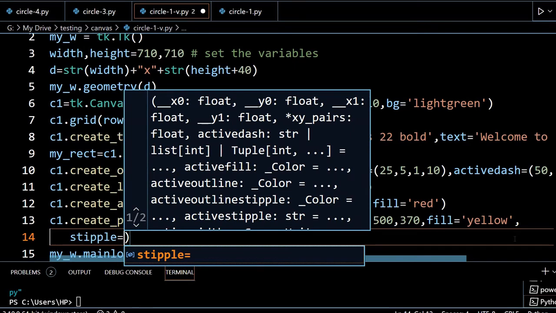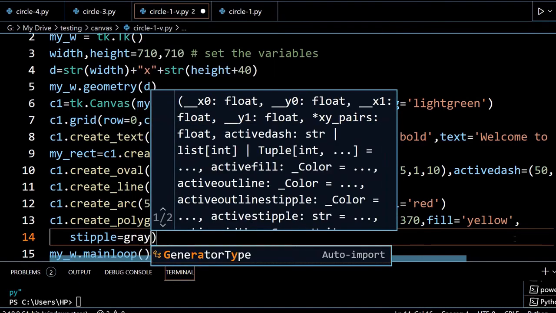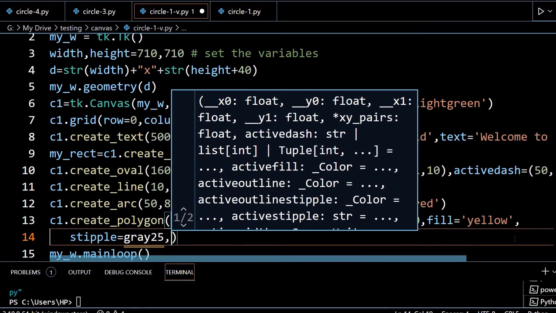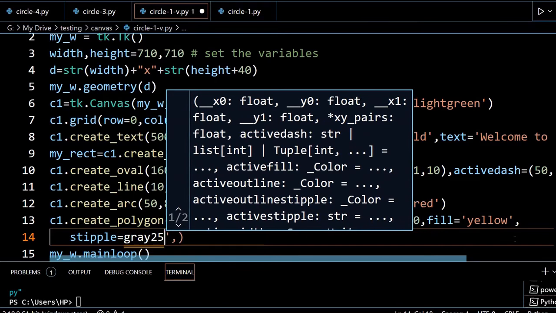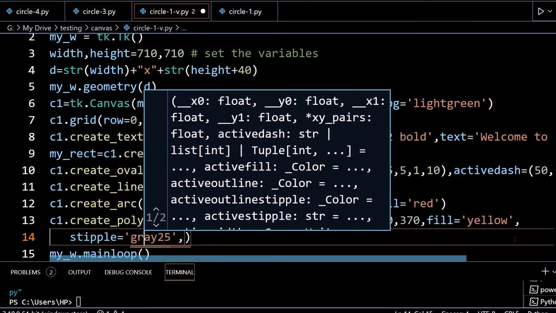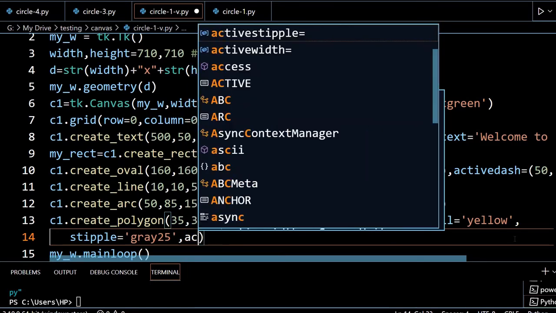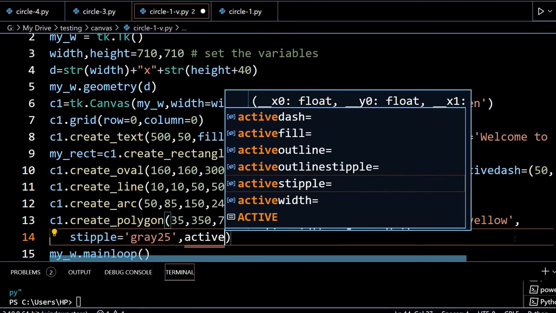What is a stipple? You can see the difference now. I am saying stipple is gray 25. Okay, sorry, it has to be a string. So with this gray, that area will be changed. Now active stipple also I can give.